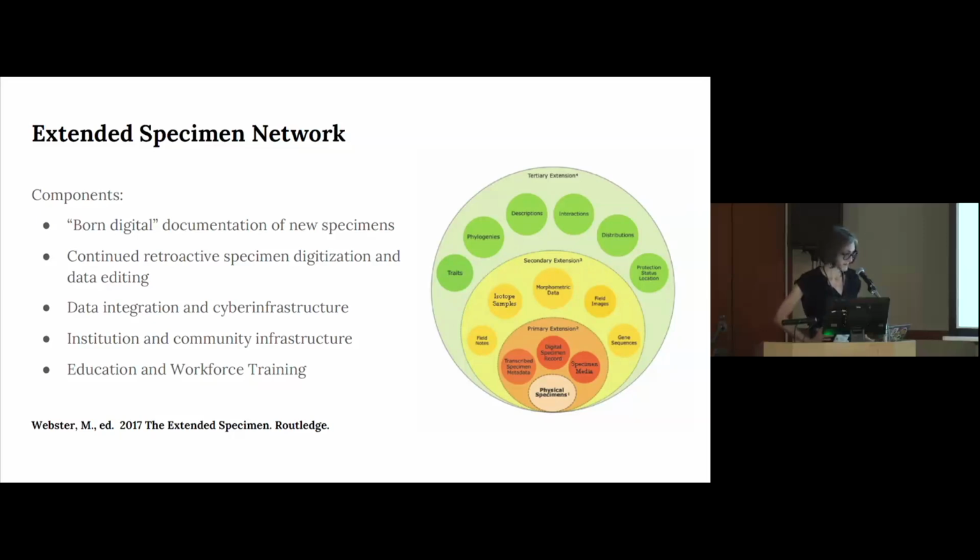Key to the success of the Extended Specimen Network is the involvement of the global community in this effort, and also engagement with biological data communities whose domains are in these second and third extension orbits to create the needed data linkages. Realizing the Extended Specimen Network vision will involve additional collection and digitization of specimens and derivative data, what we call born digital documentation of specimens, but also continued retroactive specimen digitization and data editing,